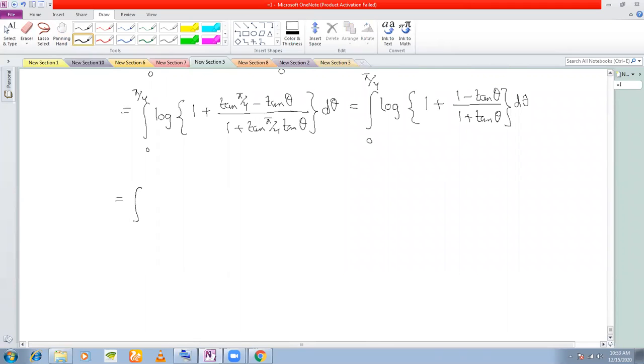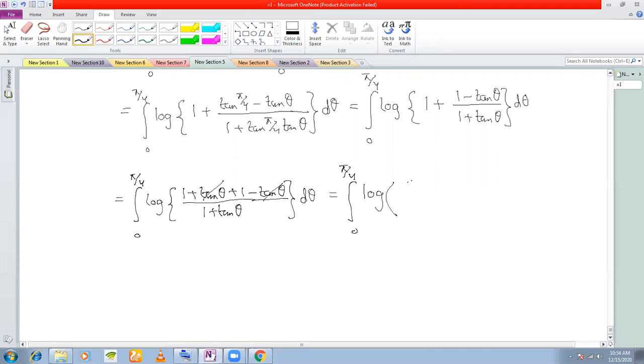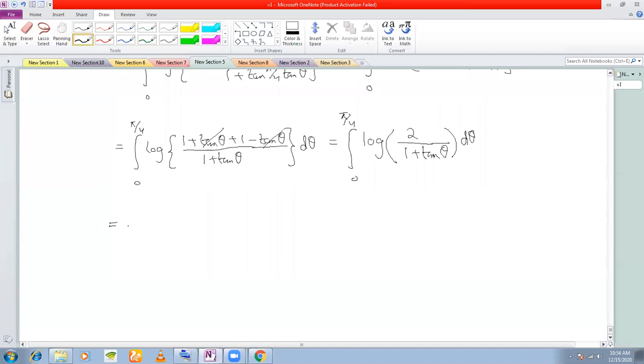0 to pi by 4 log, take the LCM, you will get 1 plus tan theta as your LCM. Get (1 plus tan theta plus 1 minus tan theta) d theta. What happened? This tan cancels. What are you getting? 0 to pi by 4 log 2 by 1 plus tan theta. 1 plus 1 is 2. 2 by 1 plus tan theta d theta, which is integral 0 to pi by 4 log 2 by 1 plus tan theta, which can be written as log 2 minus log(1 plus tan theta)